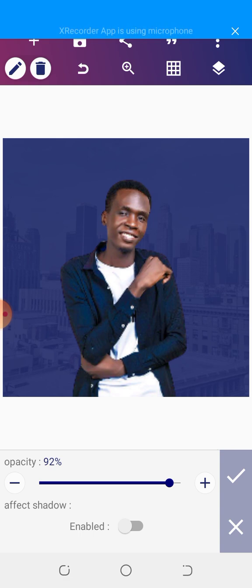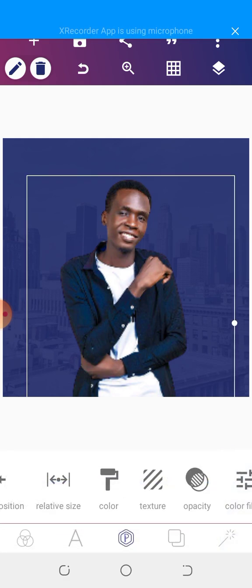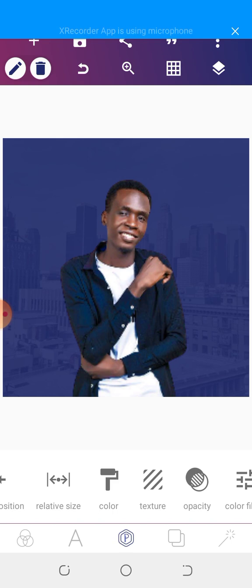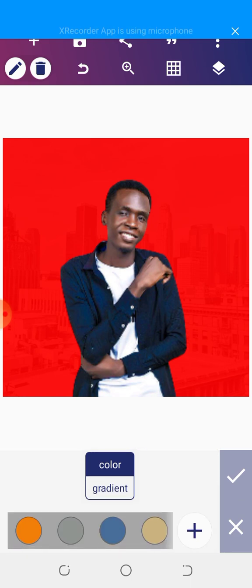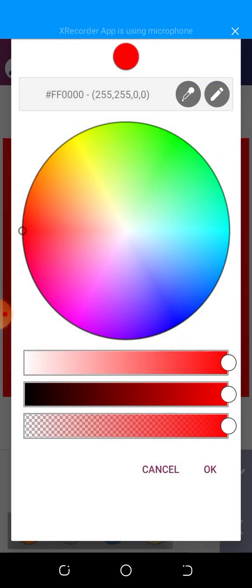Oh, before then, okay, let me try it. Let's try it. You click on the shape. Now you click on color. You then click plus. Let's try the color of this shape. Now after clicking plus, it will take you here. You click on this sign